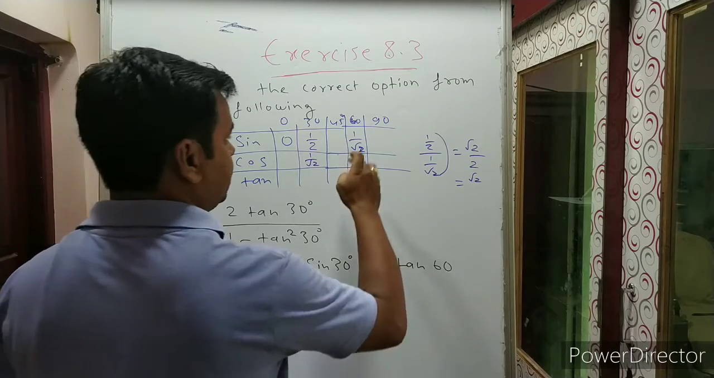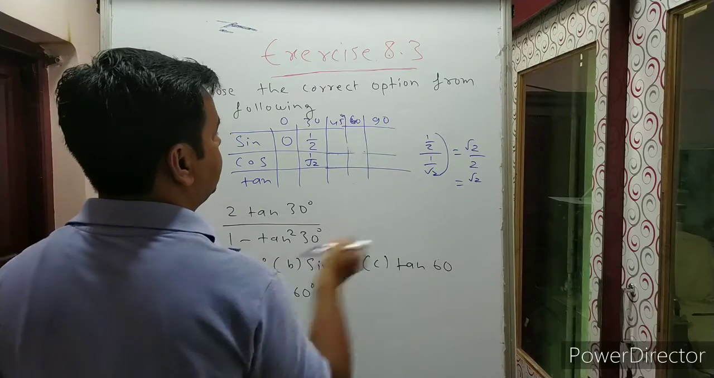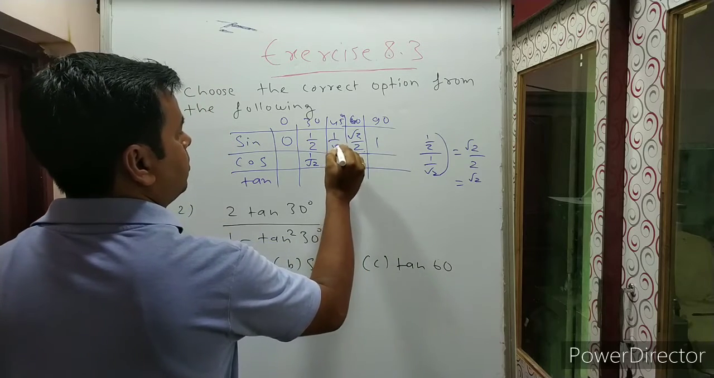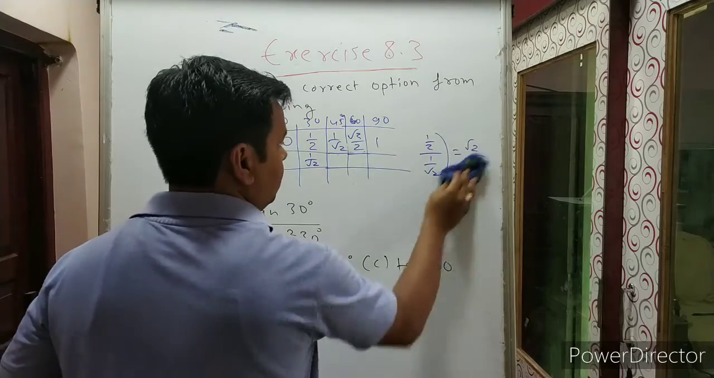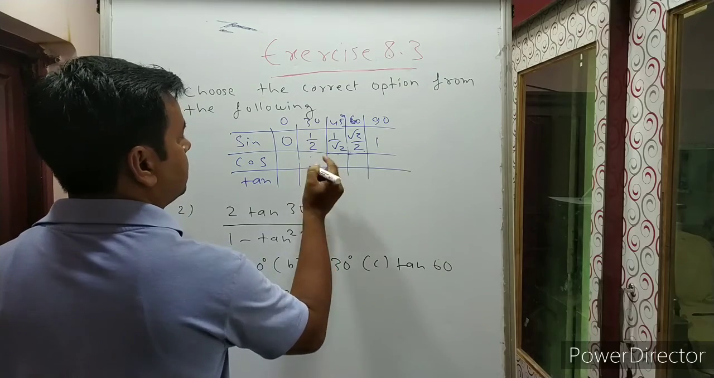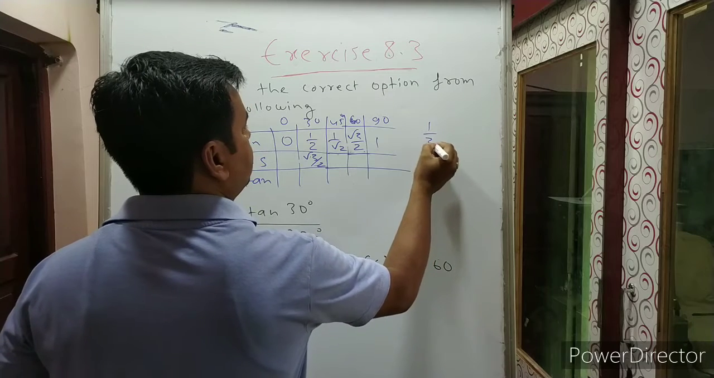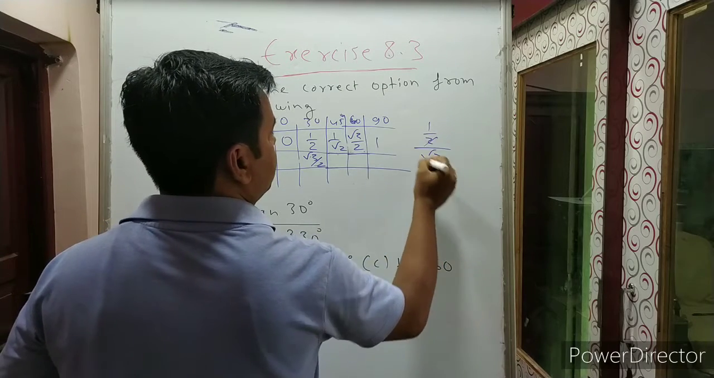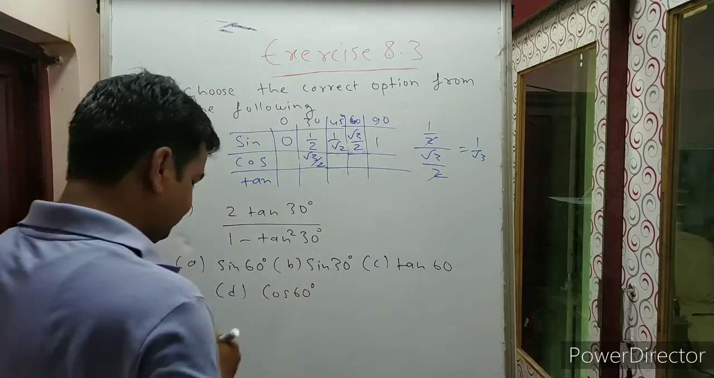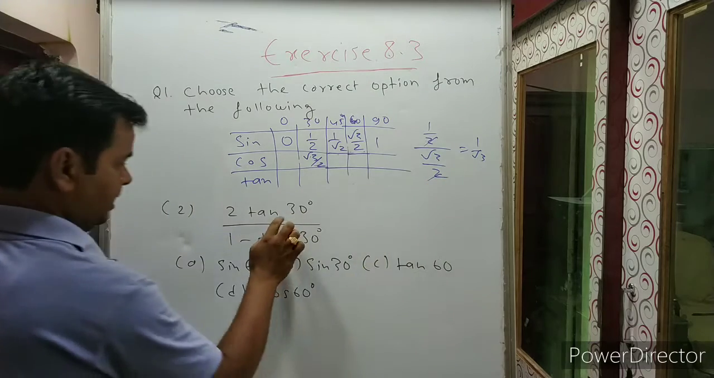Sorry, this value is this 60 is root 3 by 2. Sorry, root 3 by 2. This is 1 and this is 1 upon root 2. So tan 30 would be 1 upon 2 upon root 3 by 2. So 2 cancel. So this will be 1 upon root 3. Okay. Now, if we put the value 1 upon root 3 in this question,